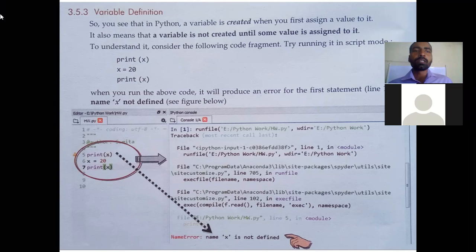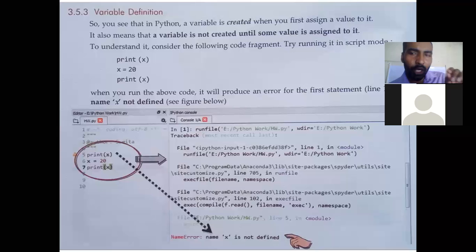So here you can see written, in Python, a variable is created when you first assign a value to it. Means if you assign any value to some letter or variable, then the variable is created, very simply. And this also means that a variable is not created until some value is assigned to it.